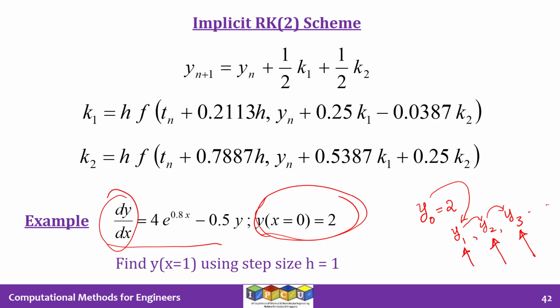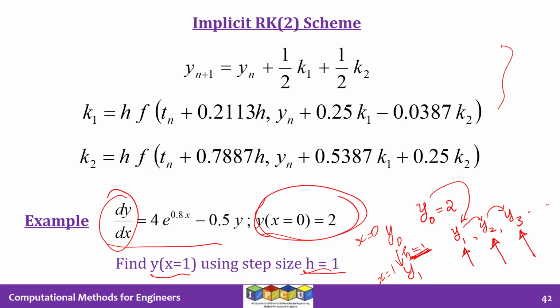And here in this particular work, because you're going to do it by hand, they have just asked us to look at the y value at x is equal to 1 using a step size of h is equal to 1. That means from y0 we have to go to y1 and stop there. This is at x is equal to 0, this is at x is equal to 1, because we are asked to use h is equal to 1. If h is given to be 0.1, then we have to go from y0 to y1 to y2 to y3 to y4 all the way till y10. But we are lucky here, so we just demonstrate our understanding for one step. I hope that is clear.